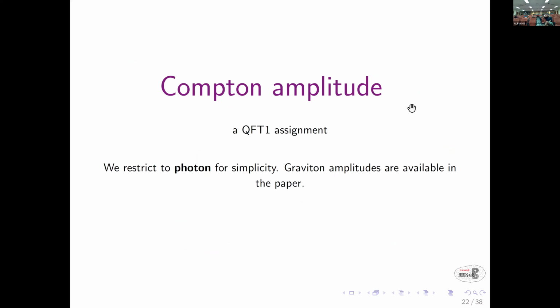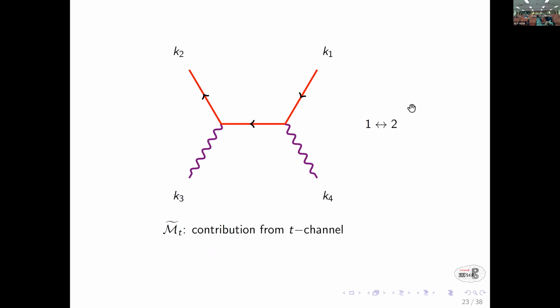So, okay, we will be doing the Compton scattering. We'll restrict ourselves to the photon. Graviton amplitudes we have done, but we'll restrict because the philosophy is the same. And we will do it only for the 3-point function when this is the Coulomb interaction. I'll try to justify it more at the end. The first justification is this is the simplest thing to do. The second justification is more involved. I'll come to that. So this is the tree level contribution.